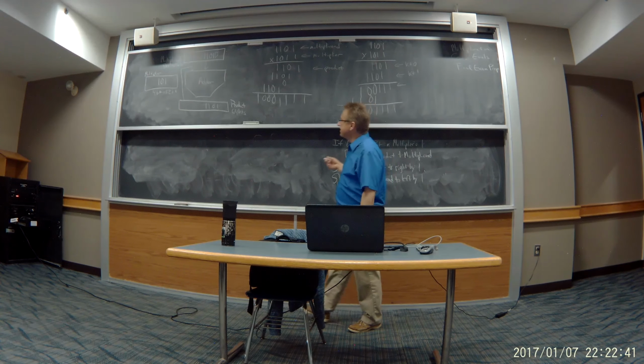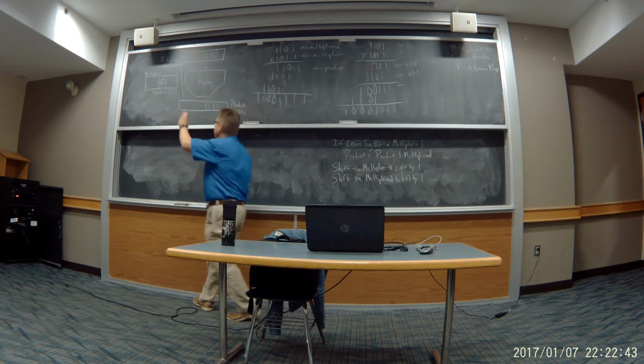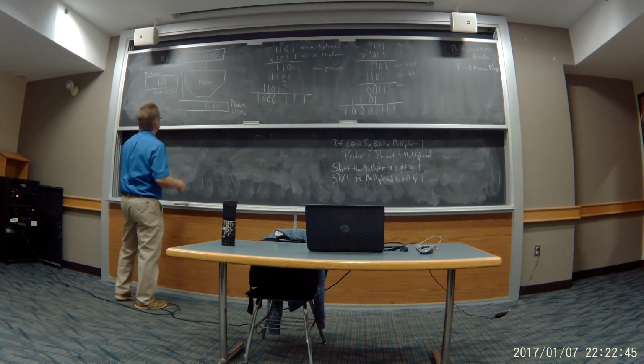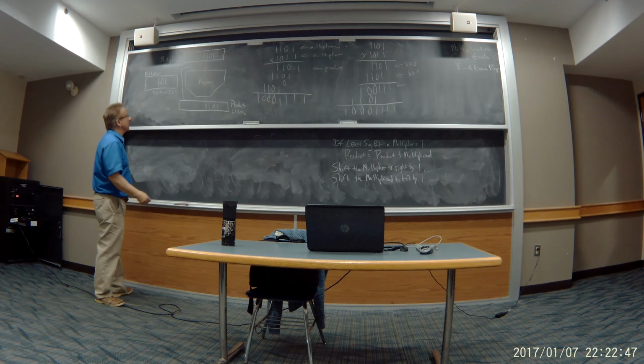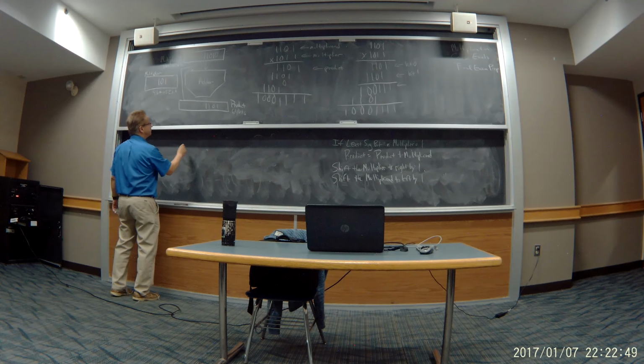Well, we still follow the same algorithm. We go and say, okay, the least significant bit in the multiplier is a 1, so we're going to add the product register to